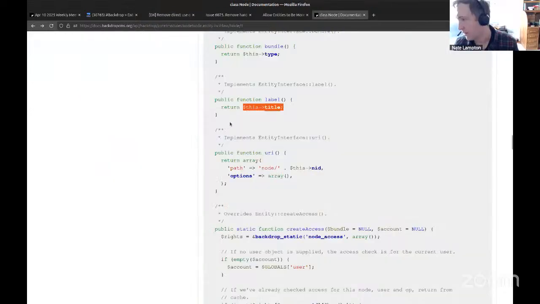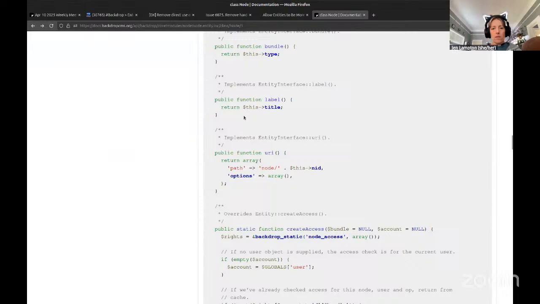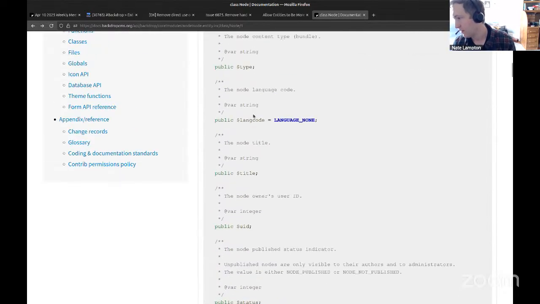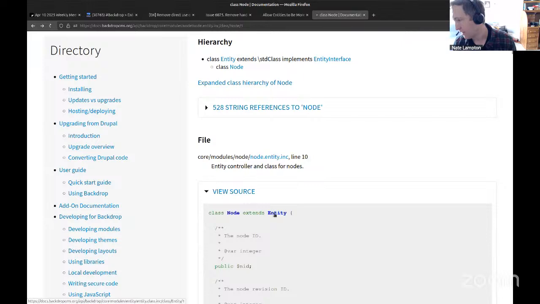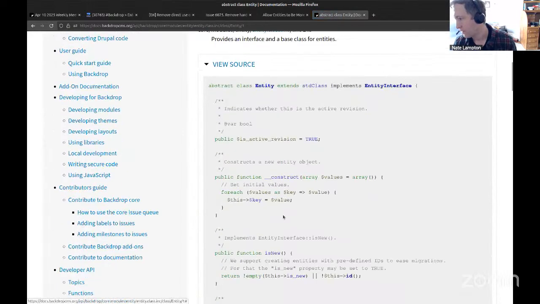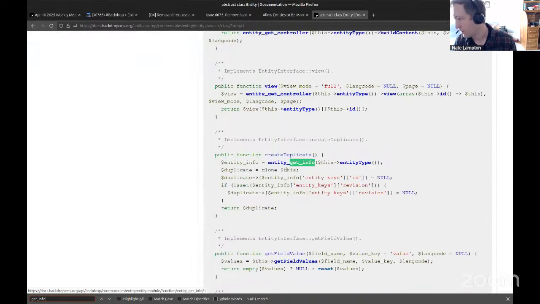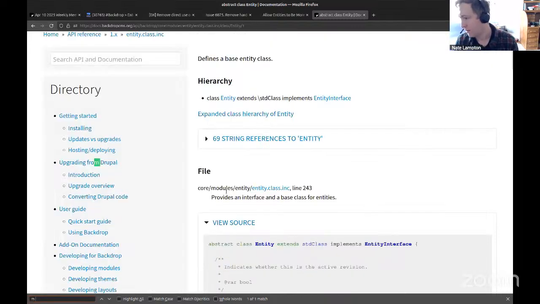So what I'm suggesting is that, right now, the node title holder is just getting the property and returning it. And what we can do here is, if we look at the parent class entity, I think it even does this a couple of times. So it gets the info of the thing to act on it in a generic way. This is great because it's getting the entity info and finding the keys, and then doing stuff inside of there. And so what we could do is right now